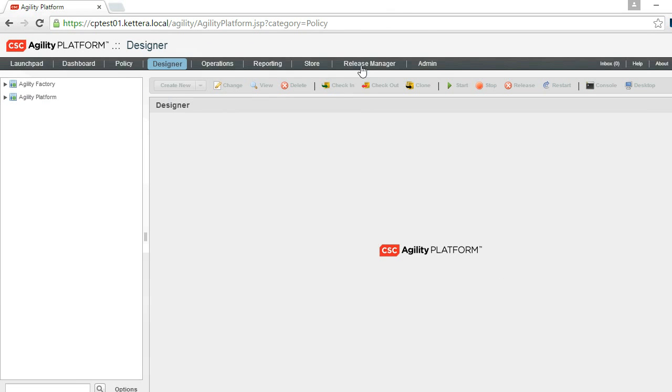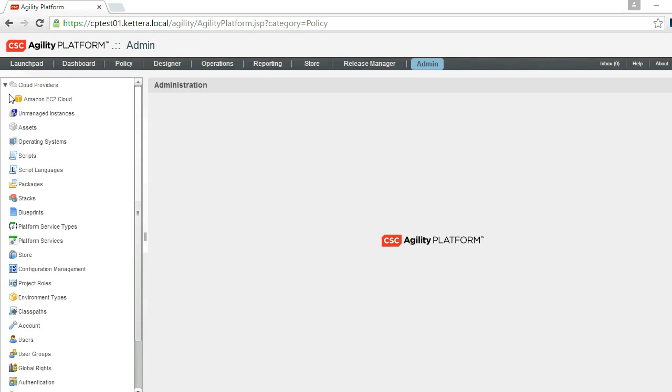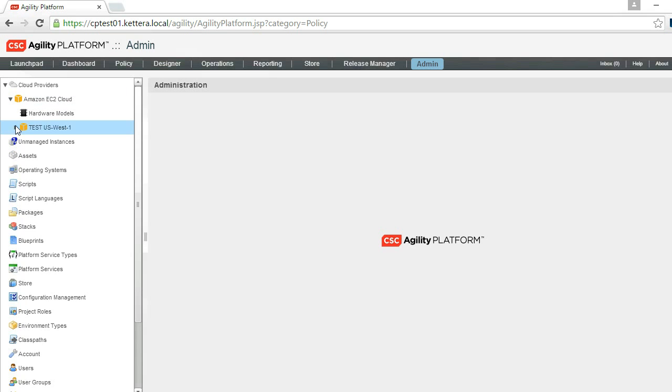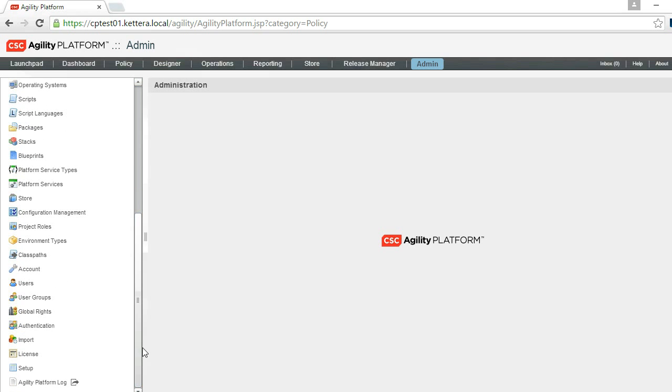And then under the admin perspective, if we open up the cloud provider, we can see that there's been one cloud provider built. It's an AWS cloud provider. We're actually going to host that in Northern California. And that's set up, and it's ready to run virtual machines. Under global rights,